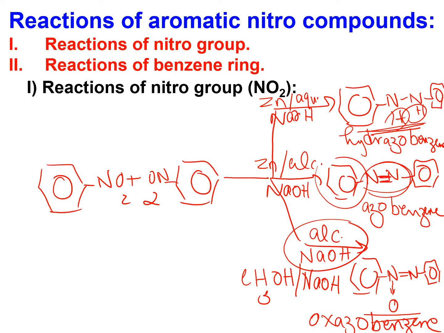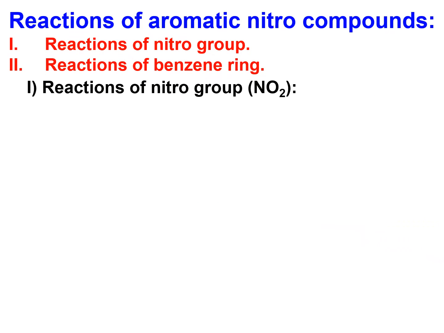Okay, so these are the reactions of the nitro group, aromatic nitro group. As we said, they are just reduction reactions where you actually reduce the nitro group either to an amino group, or to the hydroxylamino group, or to different azobenzene compounds. Now we go to the reactions of the side chain, which is the reactions of the benzene ring. As we have already mentioned, in case of aromaticity, benzene ring can perform 2 types of reactions. The first type of reaction